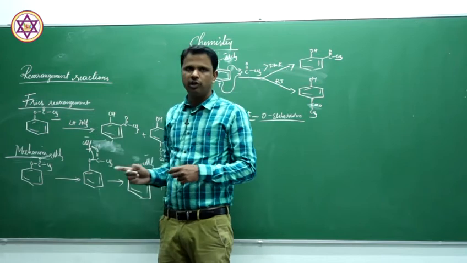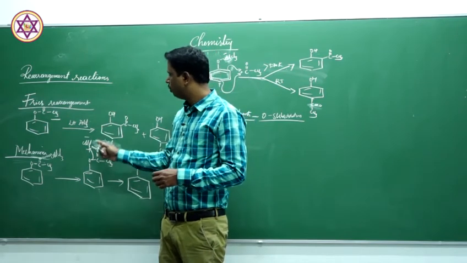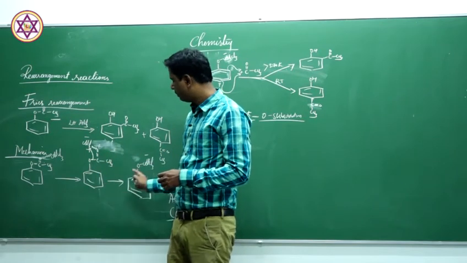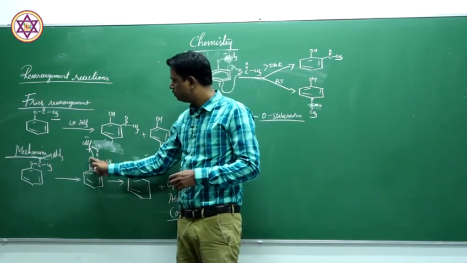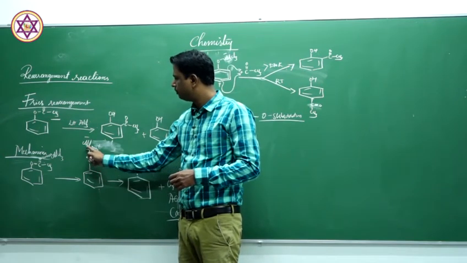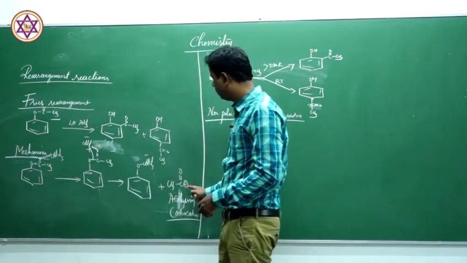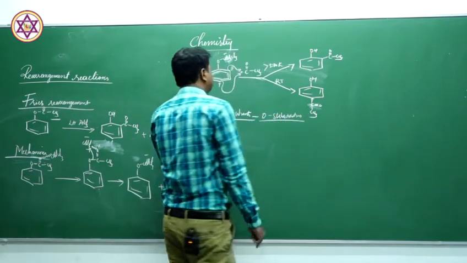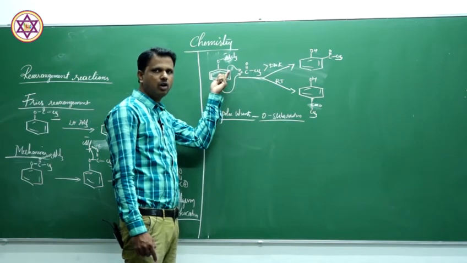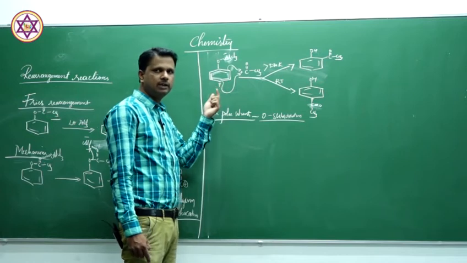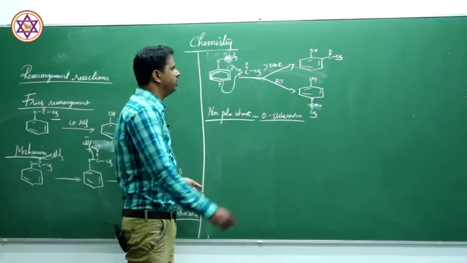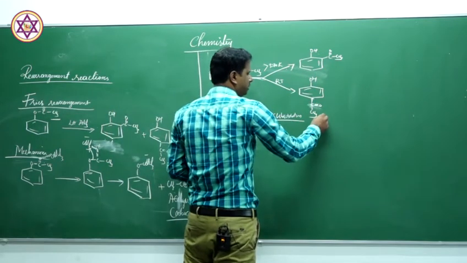The aluminum trichloride, the Lewis catalyst, polarizes the carbonyl carbon and makes this bond weaker. In the second step, what happens? The bond between oxygen and carbon here actually attacks this AlCl3 to give the acylium carbocation. Now in the third step, this acylium carbocation has two possibilities. Either it can attack the ortho carbon or the para carbon, just because this oxygen is now a plus R group. So we get the ortho substituted as well as the para substituted product.